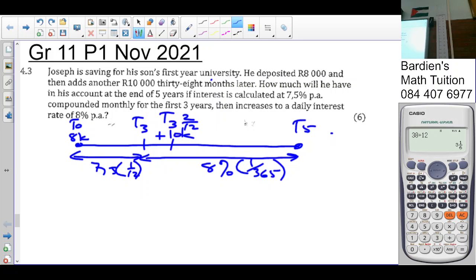So I'm considering the 8,000. So we say A total is going to be 8,000. That 8,000 is going to go all the way to,